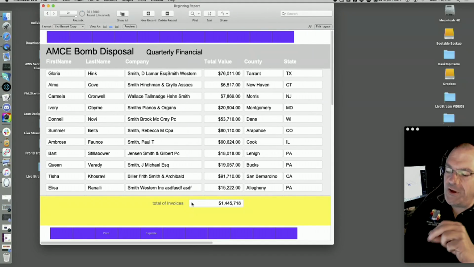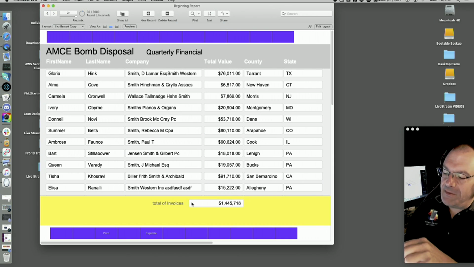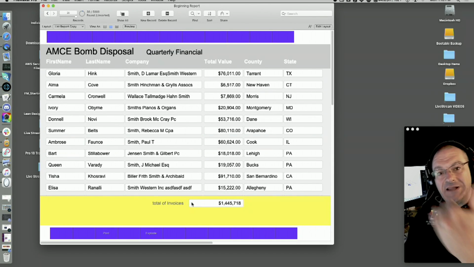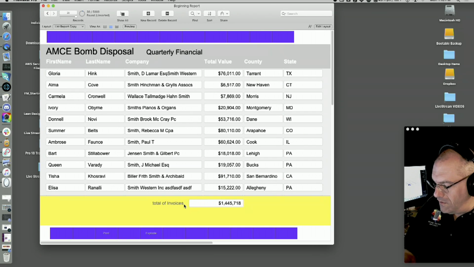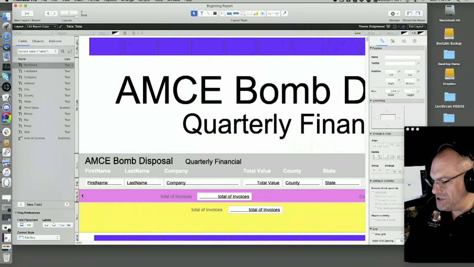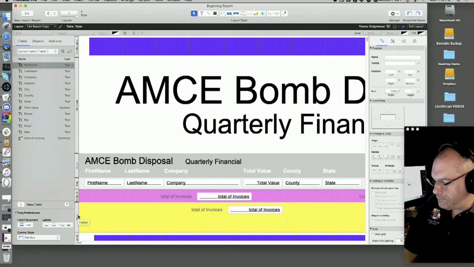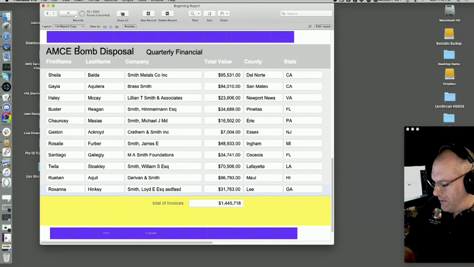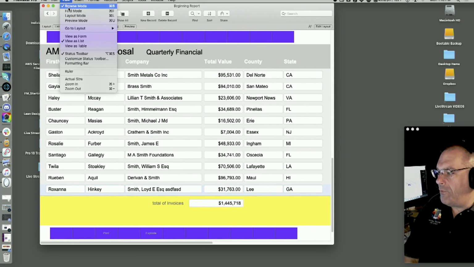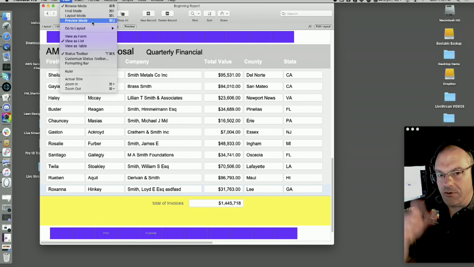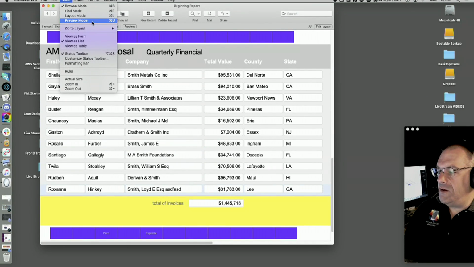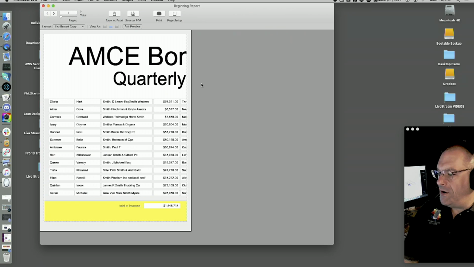So what you have to do is have the field at the bottom. If you only want it at the very bottom of the last page, you use what they call a grand trailing summary, which is this body part right here. It's like a footer that only shows up after all the records are displayed. This is a header, this is a footer. If I go to one other mode, we've talked about browse, find, layout. There is preview mode, Command or Control U, as in uniform. You come over here, this is the way the paper looks.